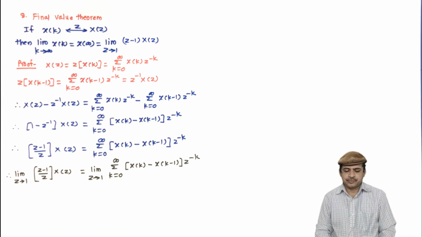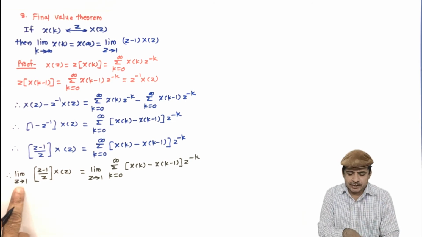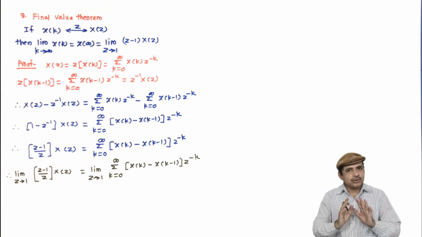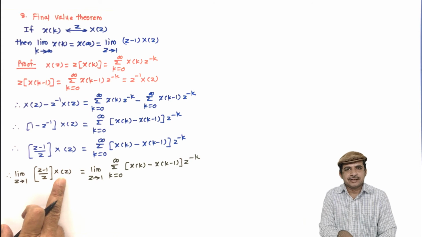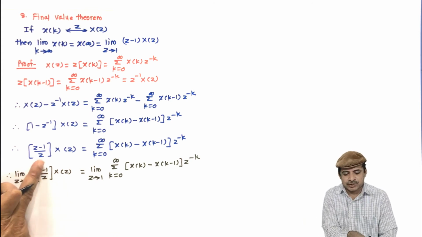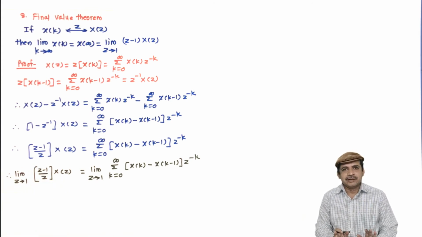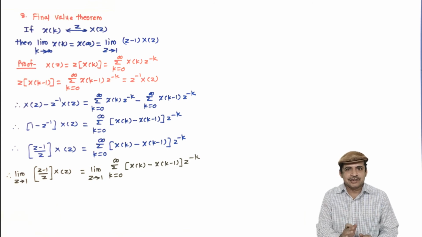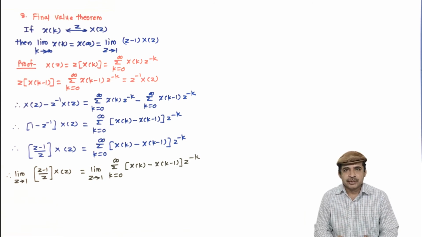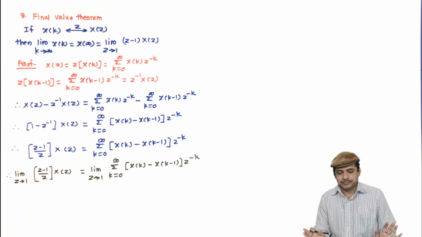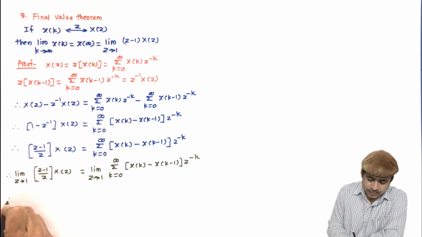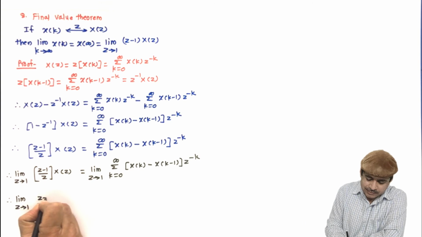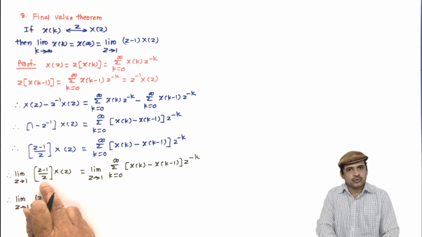Now apply the limits. You may have a doubt: if I apply z equal to 1 here, 1 minus 1 is 0, you cannot do so. First you have to check that X(z) may also contain some terms of z. So you have to first check for possible cancellation of z minus 1. Otherwise you cannot apply directly if it becomes 0. If it does not become 0, you can apply. So here you cannot apply, you have to maintain it like this only. So this limit z tends to 1 will remain as it is, z minus 1.